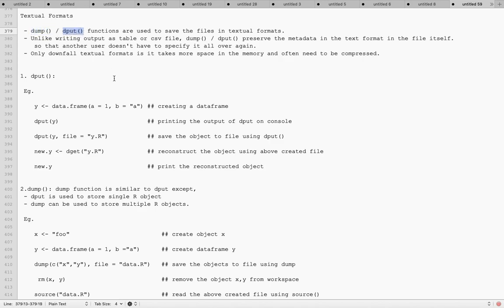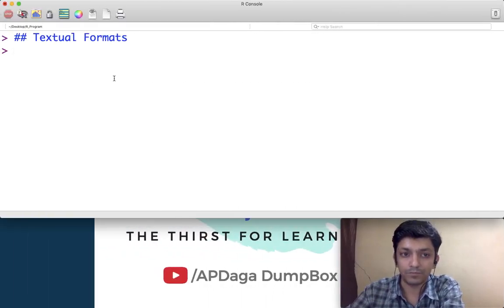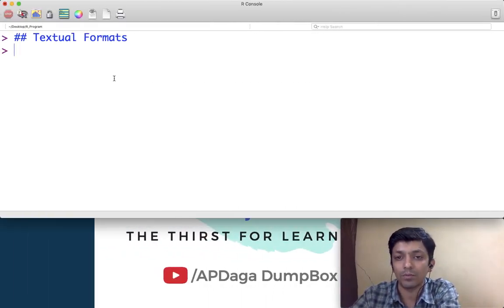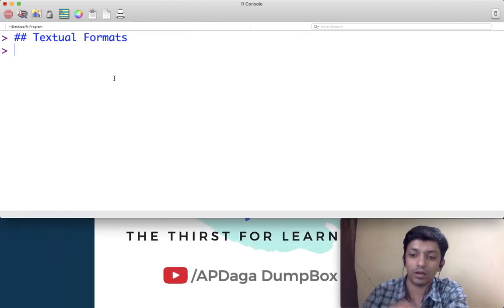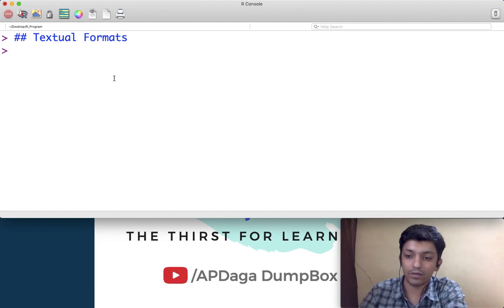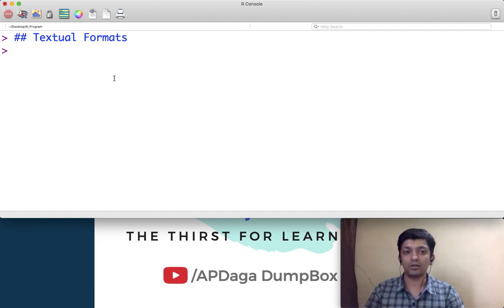So what happens if you write the output into textual formats? The metadata of that variable will be stored in that file in the text format, right? So that it will be easy for another person to read that data and metadata. It will be in a readable format. Instead of binary, it will be in text format.